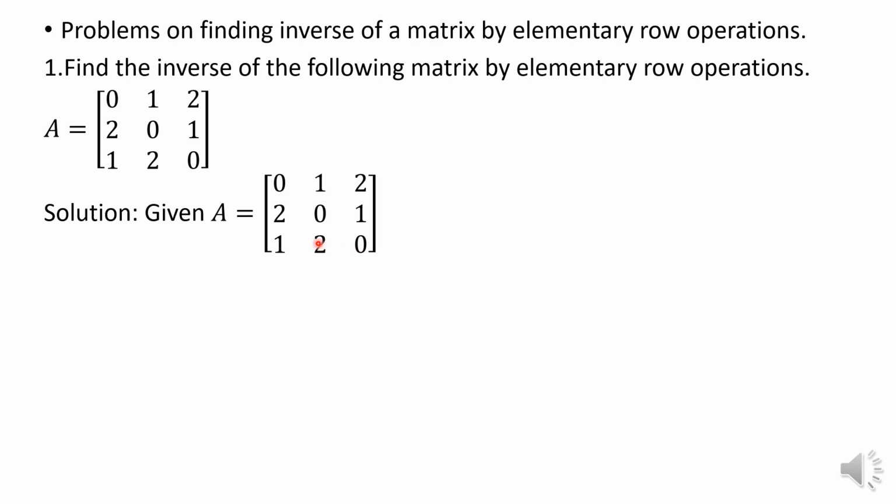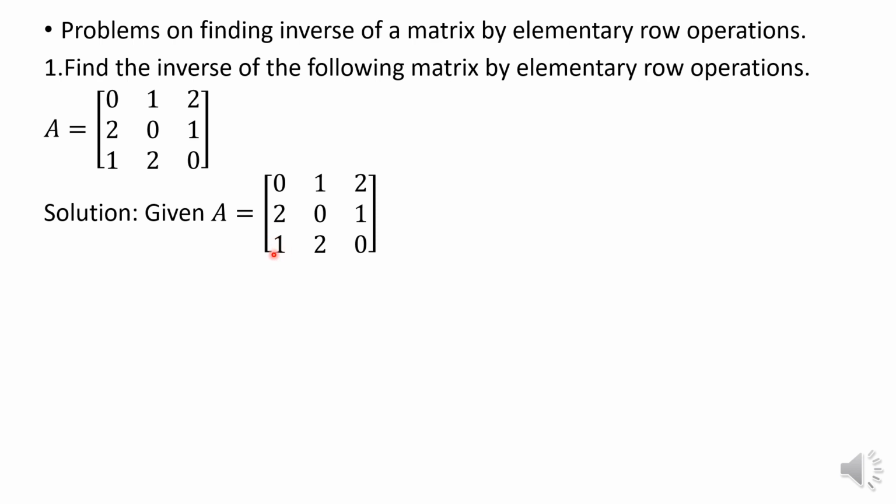Observe the matrix A. Here the first row is 0 1 2. You have to identify the leading entry of the first row. This is 0. Obviously this is not the leading entry. This one is the leading entry, of course, but before deciding that, you make sure that there are no non-zero elements below this 0. But here, of course, there are two non-zero elements. If these two become 0, then this one becomes the leading entry. But this is not a leading entry here, because below 0 there are two non-zero entries. Of course, in R3 one is there.